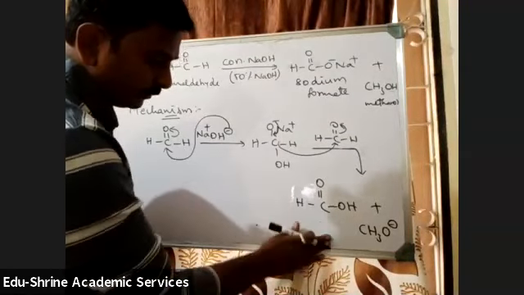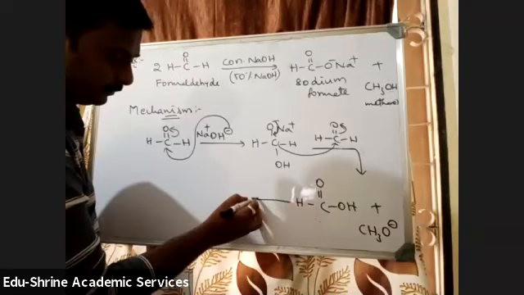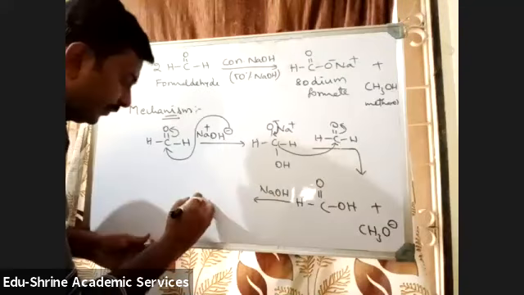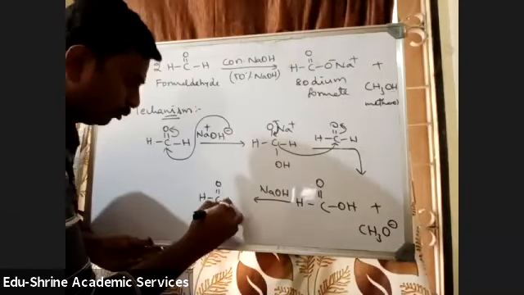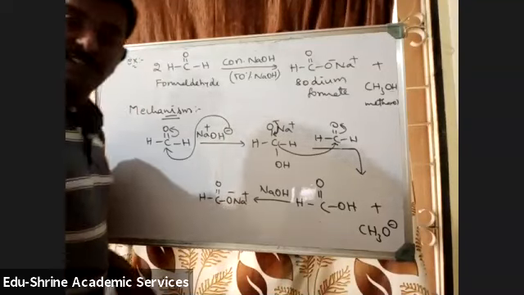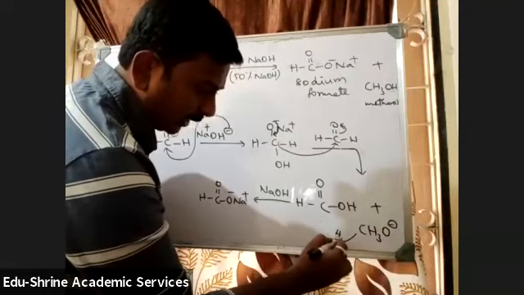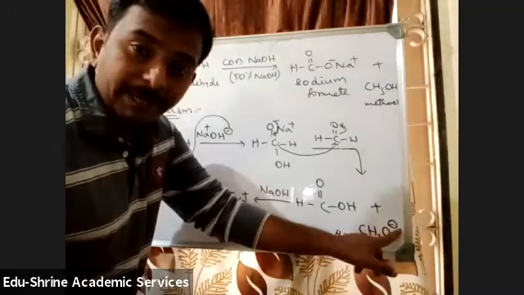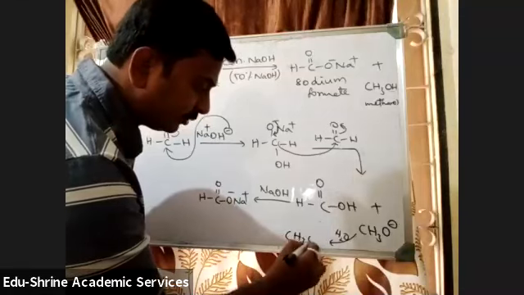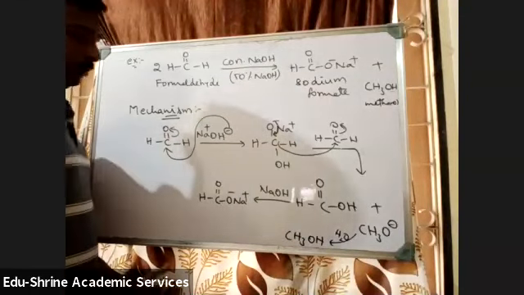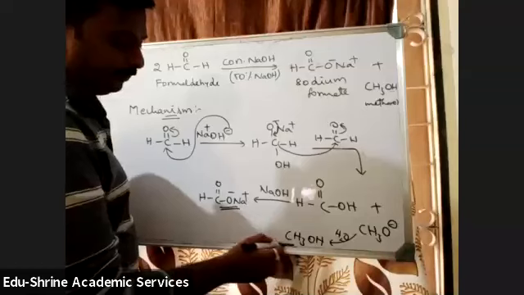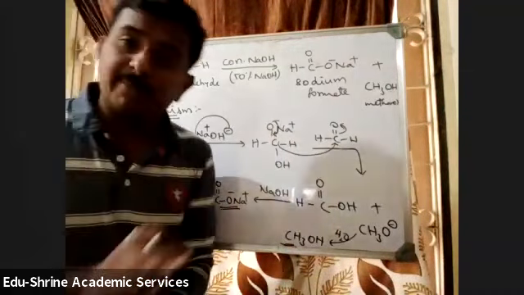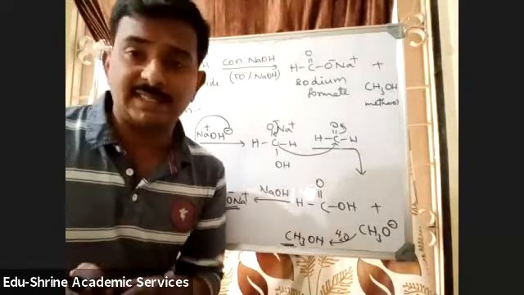Let me write it in 2 ways. Formic acid on reaction with NaOH, because this is an acid, this will react with the base. So you'll get HC double bond O minus Na plus. This is one product. This in the presence of water, because it is an alkali solution, there will be water. From water it will be taking H plus ions and it gets converted to CH3OH. So this is how you are going to get the products. And this is how the mechanism is taking place. So even if you don't remember the mechanism, no one is going to ask you the mechanism in the exam.